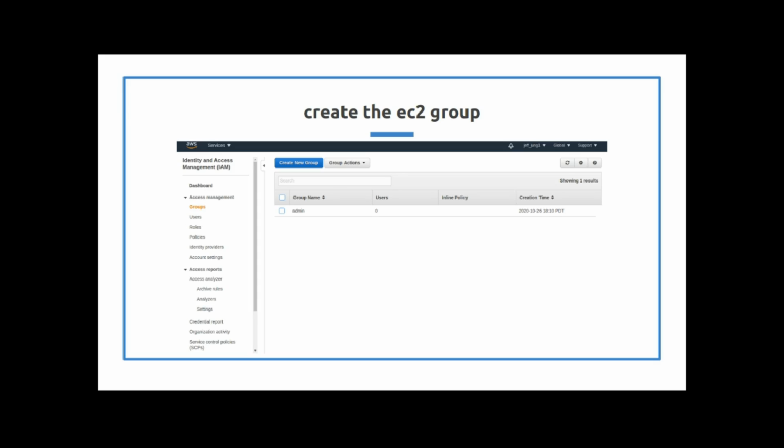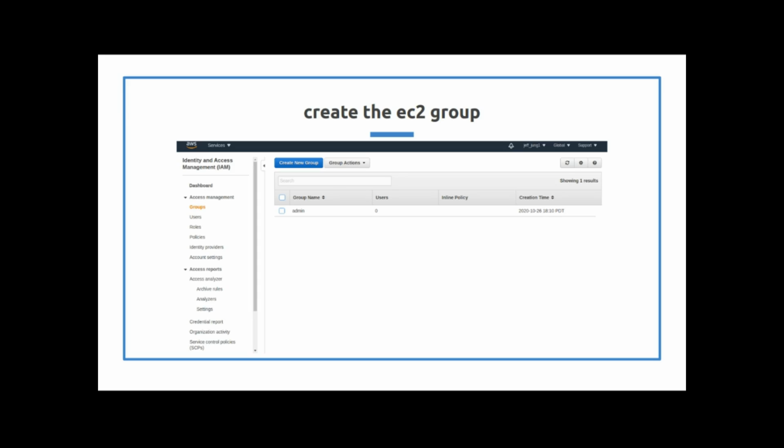This is what the IAM menu looks like. You click Groups again, and now we're going to create an EC2 group. This is going to be somebody that is able to look at EC2 instances. Again, it's not important what an EC2 instance is. They're going to have access to this service, but they're not going to be able to do anything with it.